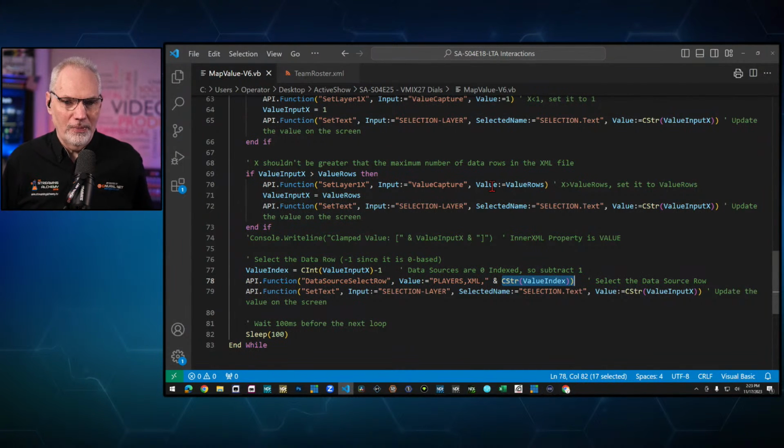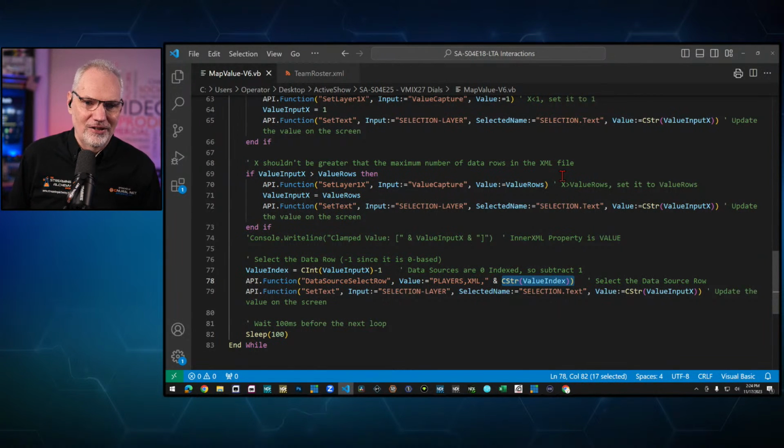Anything that I wanted to do up here, I could just turn around and say, gee, I'm not going to read XML. I just want a value between 1 and 25. Set your max value rows to 25 and say, okay, now I have a max value of 25. And this utility now will generate a value between 1 and 25 that I could use for any other functionality that I wanted. And that's the real power now,